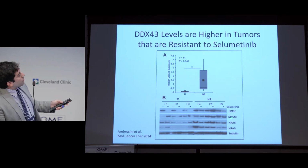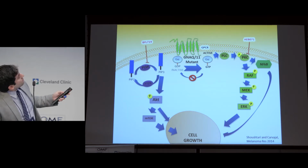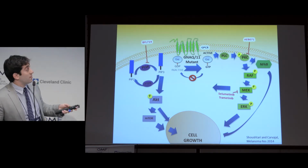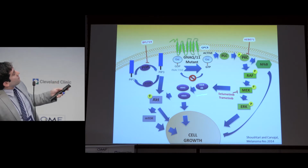And it may be DDX43. I'll skip ahead a little bit. It may be these 2 proteins here that are in what's called the RAS family. And so here the idea is that if we block here, this is what the model suggests, and again, this is kind of simplistic, but we block it here, but meanwhile, there's sort of this escape pathway that goes through this protein, talks to these proteins, and it increases